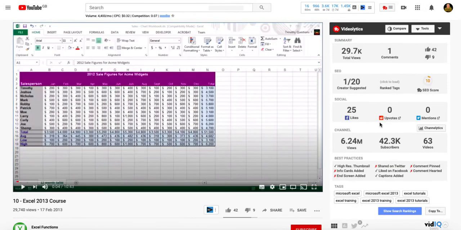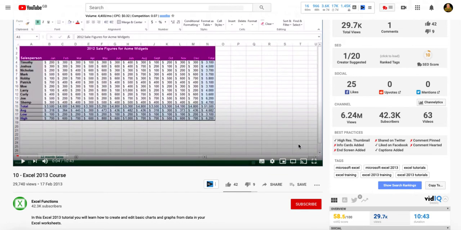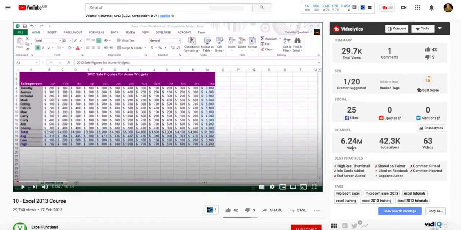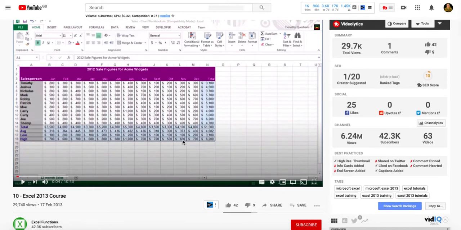So you could monetize this easily by having Google AdSense, and also you could link to things like Amazon products around Excel as well in the description. So there's many ways you can actually monetize this, but the power of this is that it's super simple to do. So if you're into something like Excel or really any of the Microsoft type tools, this could be an ideal strategy for you to get started.